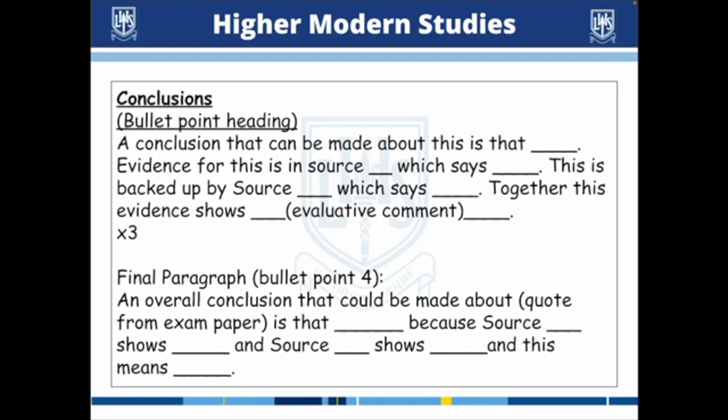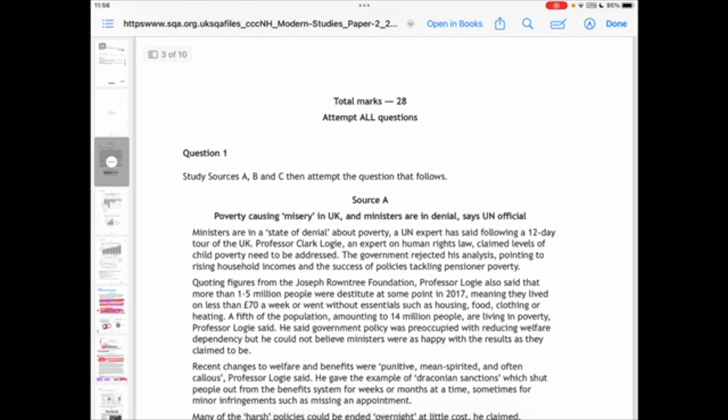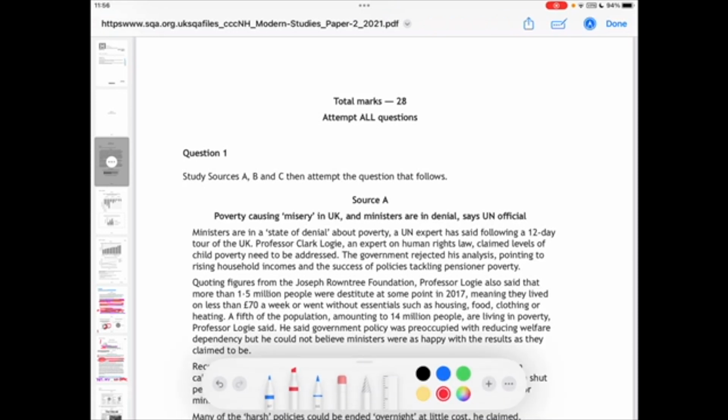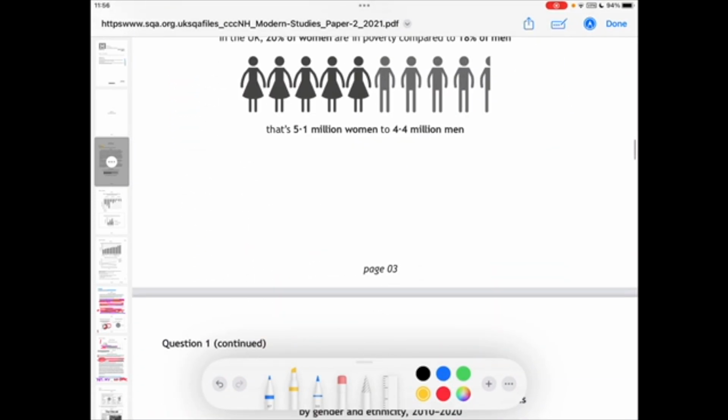Again, we're just adding, we're expanding, okay? But we'll take this and we will go and look at a question. So we will go and actually look at a conclusion question. Question 1 then, in the past paper you've been provided, is a conclusion question. So you can see right at the very start, it tells us question 1. And then if we scroll down, we can see,